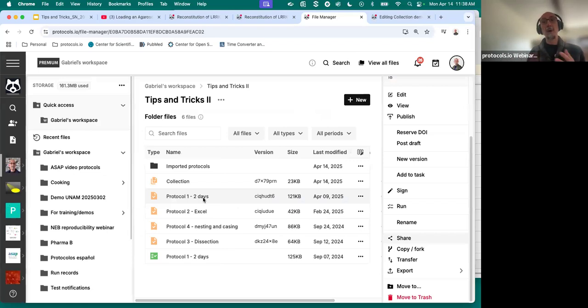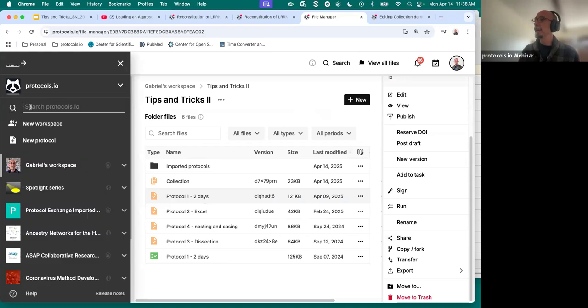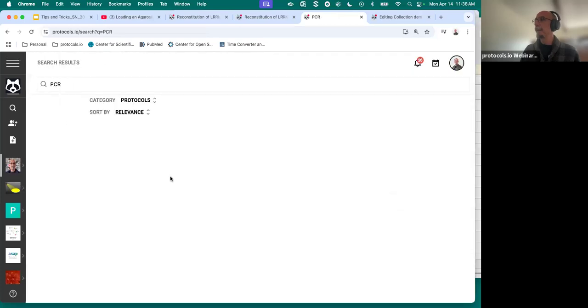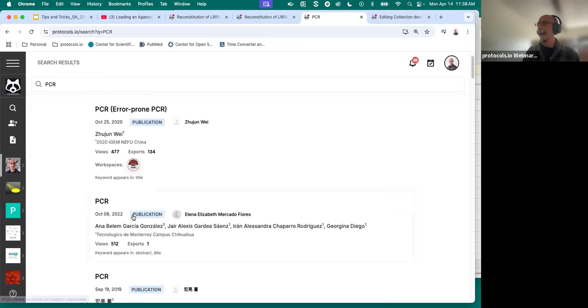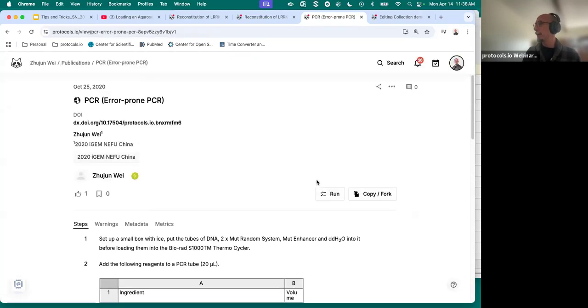And the last thing that I want to show to you is how to run protocols and how to use the file manager. Every protocol in protocols.io, either public or private, can be run. So if I search for a protocol here, these are public protocols that have PCR as keyword. If I open a public protocol,